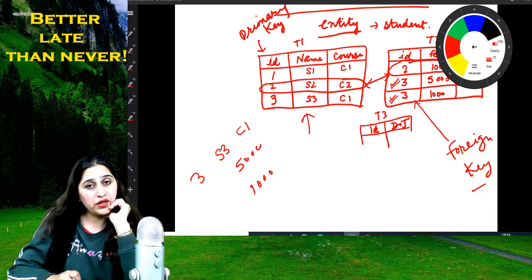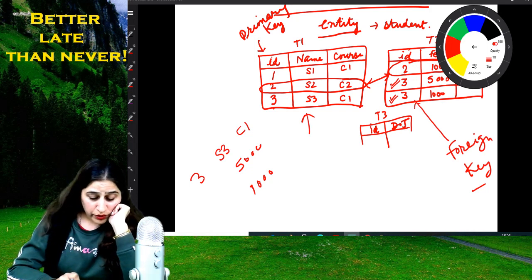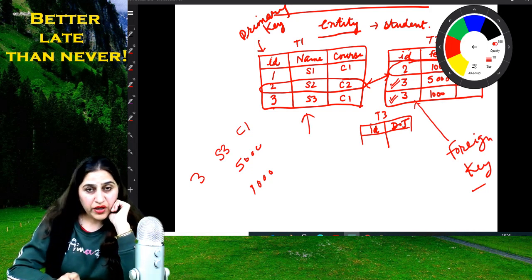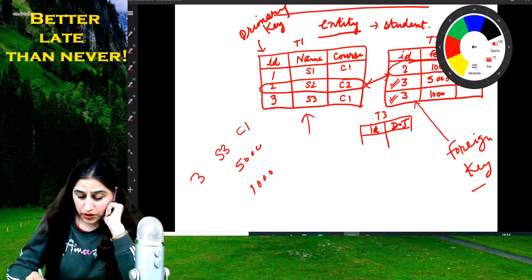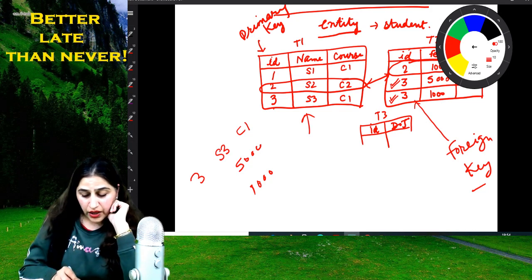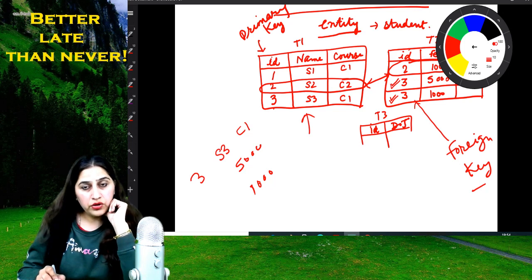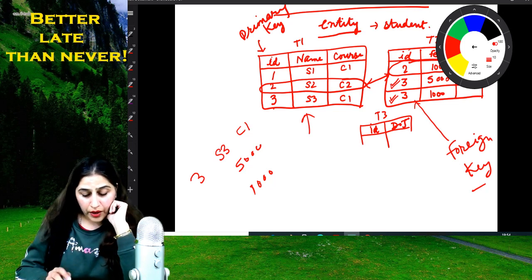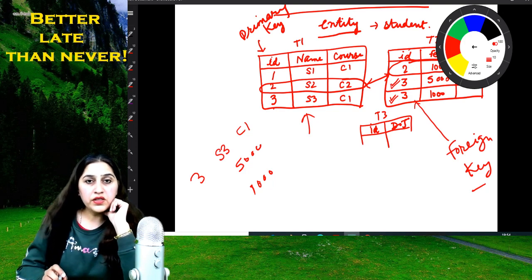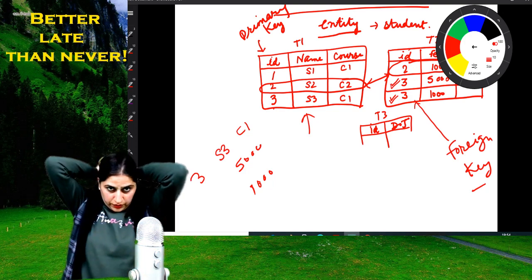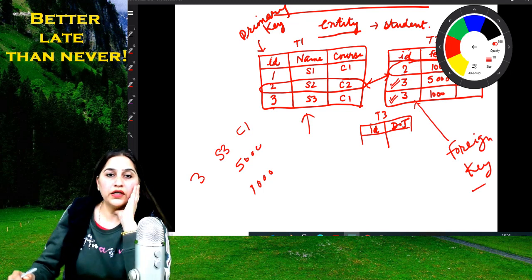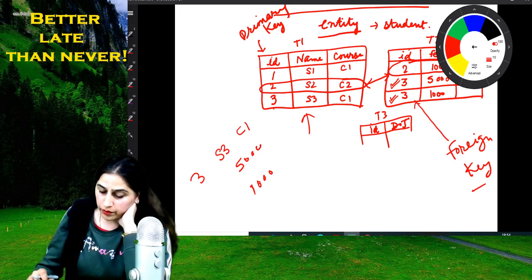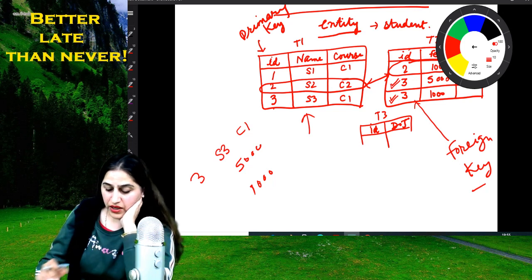This primary key will be used to store separate values, but foreign key can take duplicate values so that we can relate and extract the total records relating to this primary key. Primary key is always a unique key. Unique means it will contain unique values, but foreign key can take duplicate values to match the primary key in the base table.